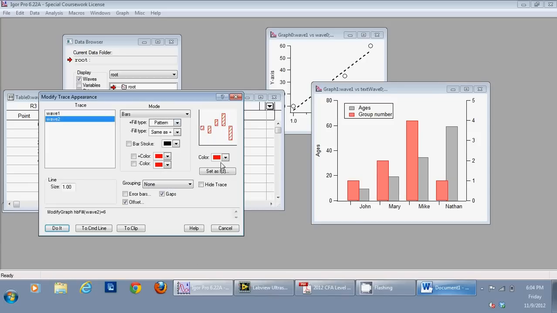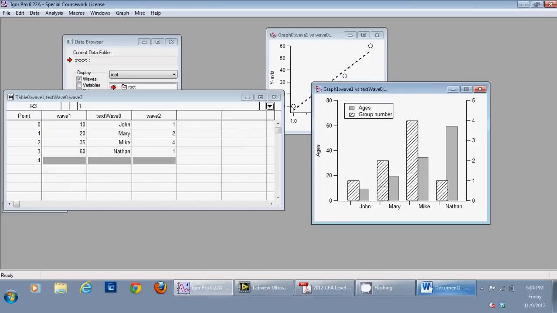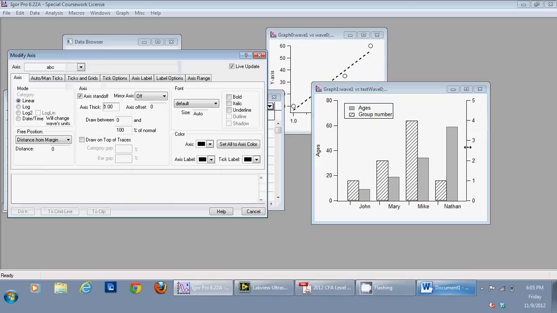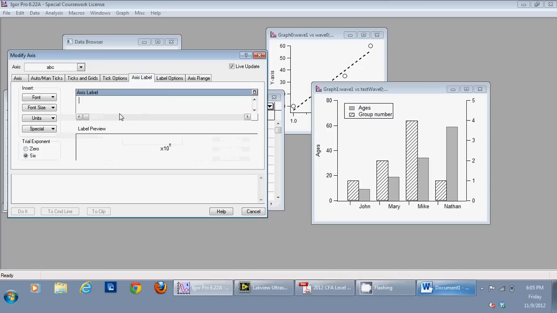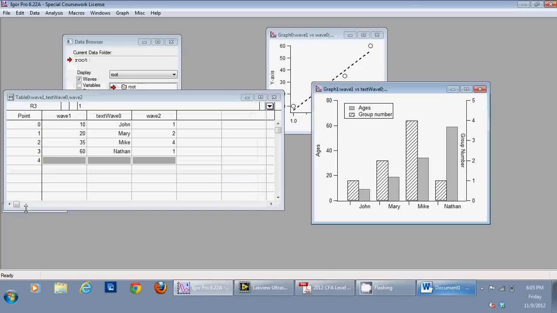So now this axis is number, X is label, say. So this is how you plot in Igor.